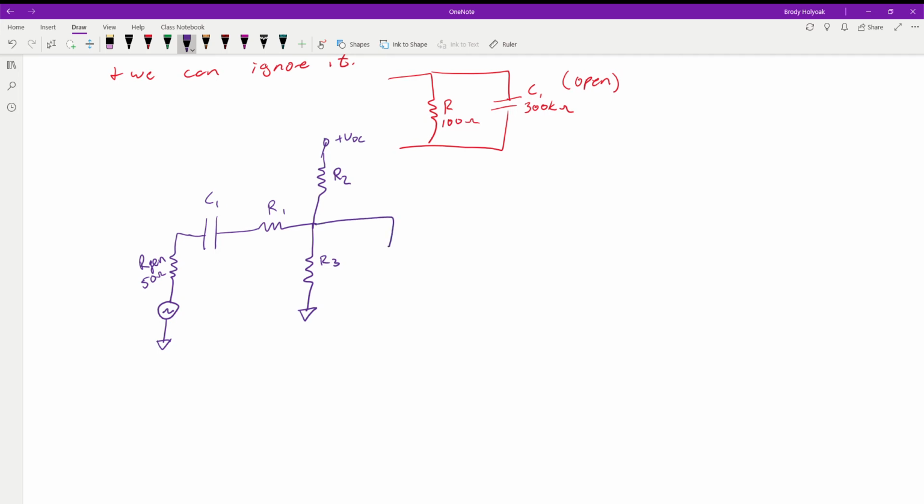We're going to come off, and then we have a bypass capacitor. With AC, it's going to basically short out this value to allow it to change our voltage drop with whatever it may be. And then our voltage out is going to be taken off of the R3, capacitor 2 branch. So the whole idea is we're going to be looking at R_in versus R_out. We're going to be solving for these things.